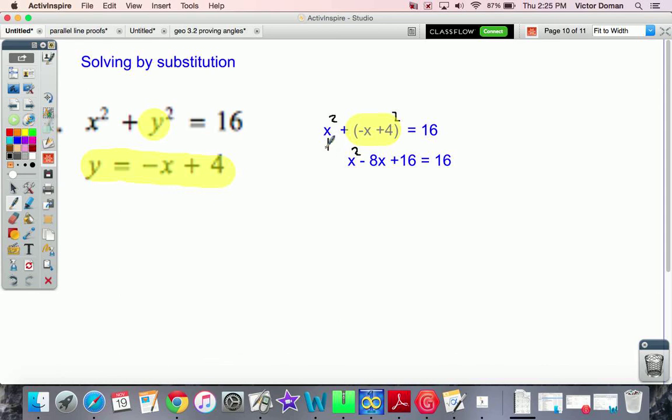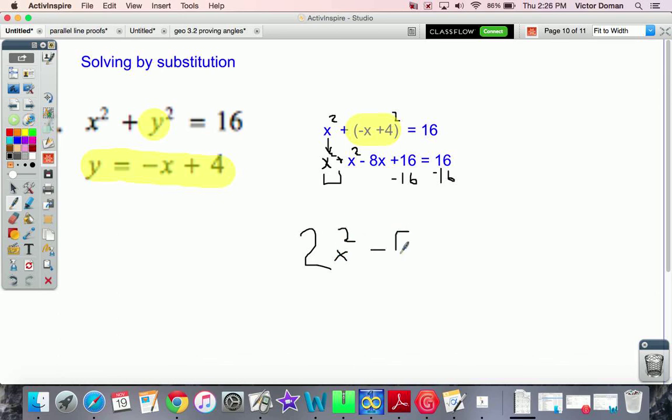Bring the x squared down, and you get x squared plus another x squared for a total of 2x squared. Once you have this quadratic equation, you can go ahead and solve it. You combine your x squareds, subtract 16 from both sides, and you'll have a nice, neat quadratic equation of 2x squared